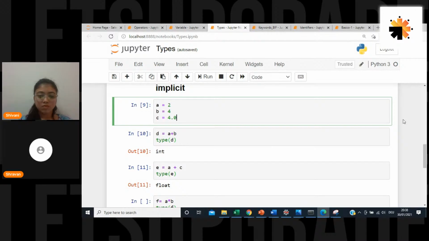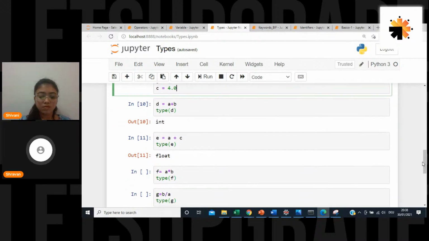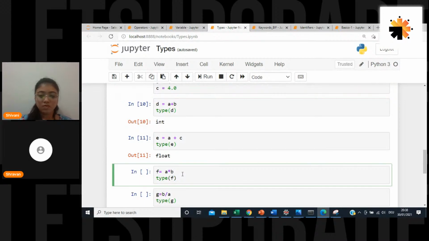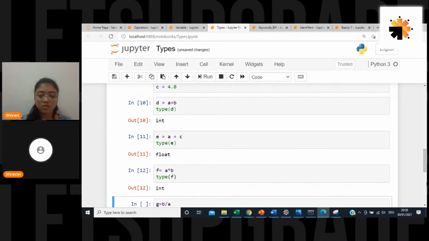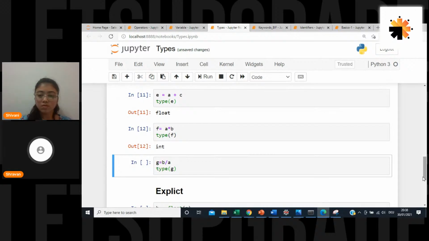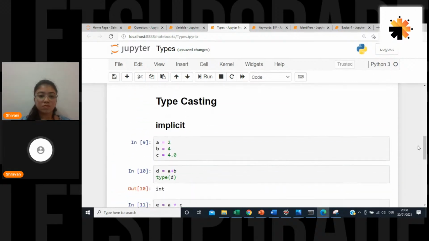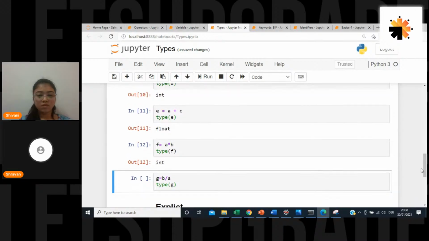So this has higher precedence, so it converts it to float because I have one int and another float. And next, if I just go ahead and try a into b, it is once again int. But suppose I say b is nothing but what here? Can anybody tell me? b is int and a is int. So I will go ahead and do g is equal to b by a. Okay, so I will take this one out. So g is equal to b by a.